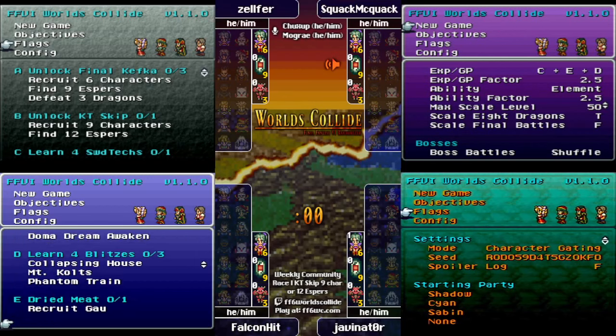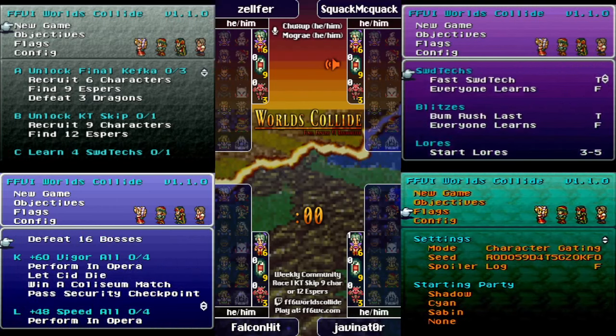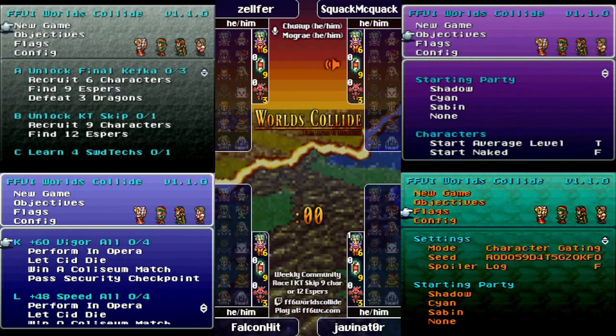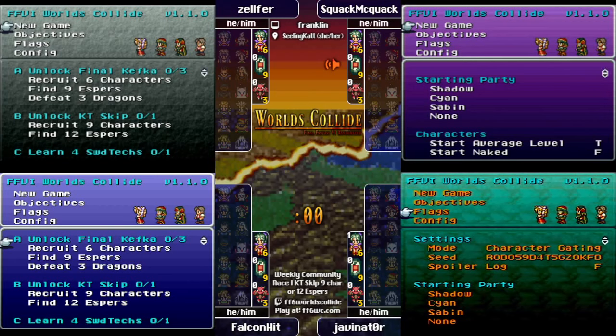So, for this race, we have somewhat of a standard flag set with some interesting modifications to the flags. For those of you who may be new to this or aren't super familiar with Worlds Collide Randomizer, I will explain what this entails. The Worlds Collide Randomizer takes the game Final Fantasy VI and randomizes certain aspects of the game to create about a 2 hour or less race